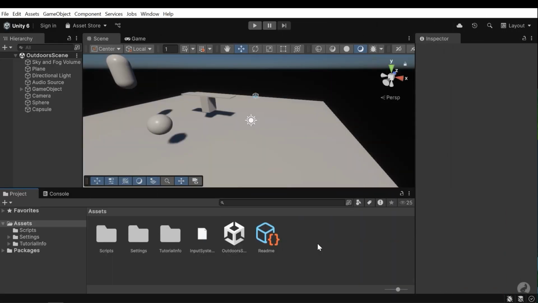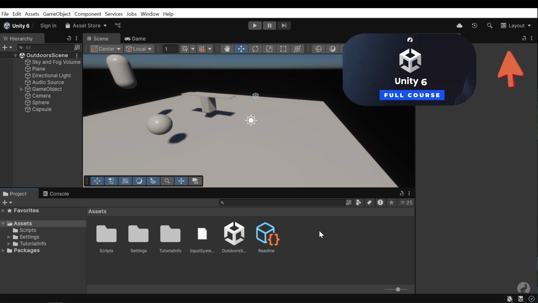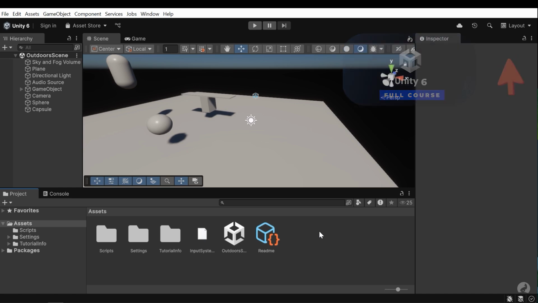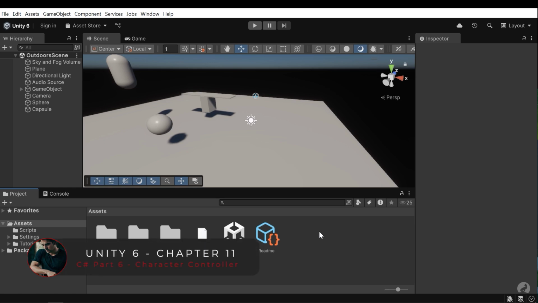Welcome back. In this chapter, I want to explain the character controller in Unity. You can access all chapters and the other parts from the playlist here, and the link is also in the description. Actually, the character controller is a physics and collision component, which is very useful to implement character movement,